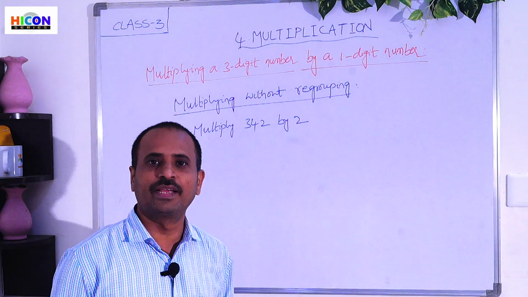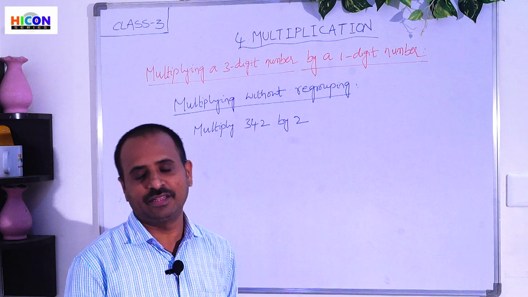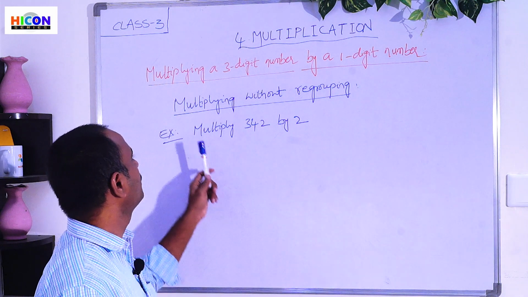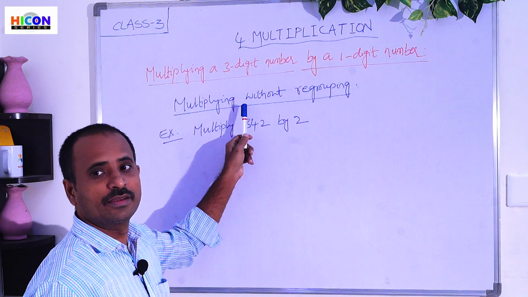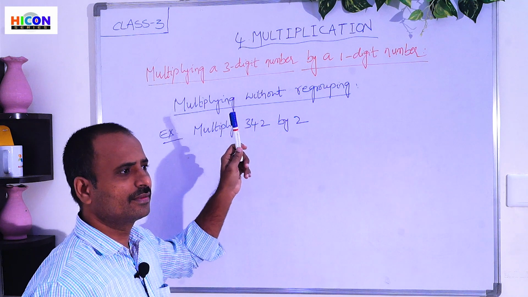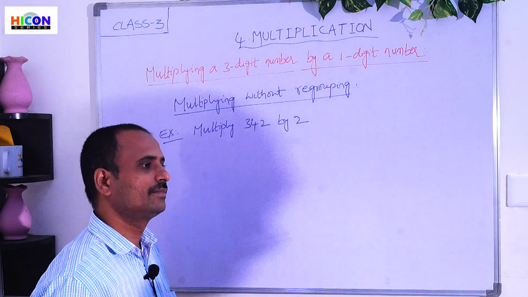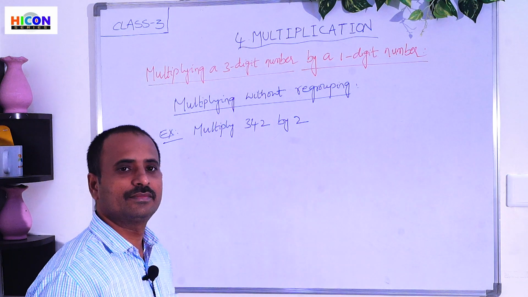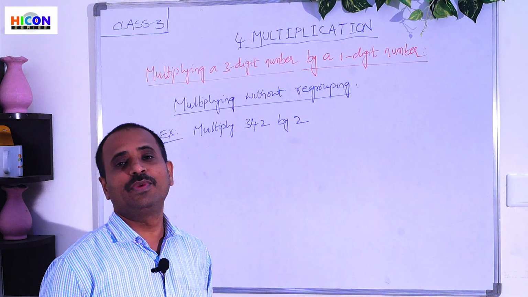In this multiplication, there are 2 types, and the first type is multiplying